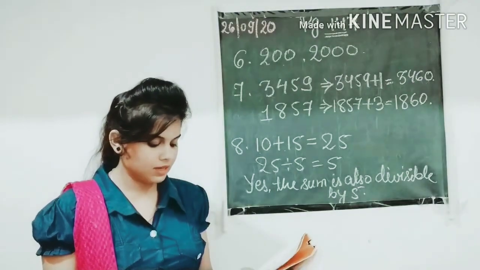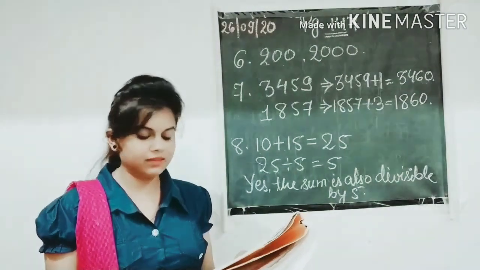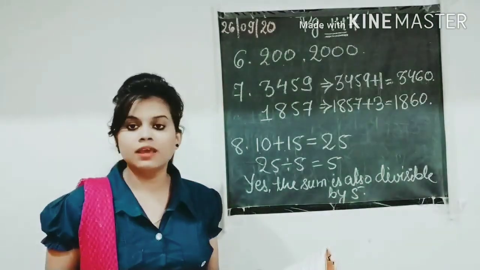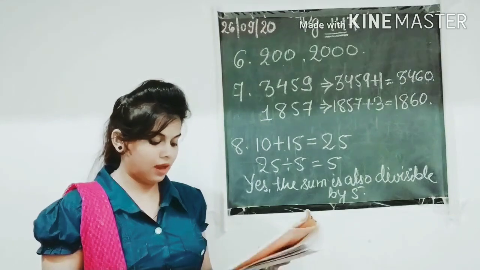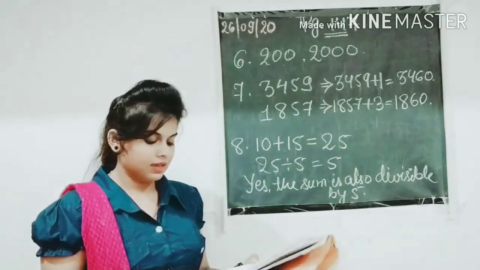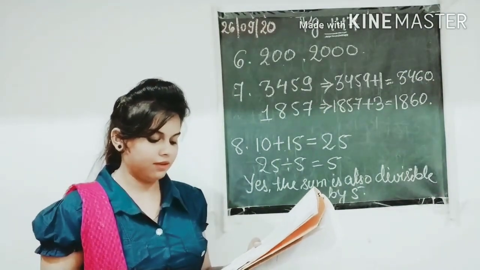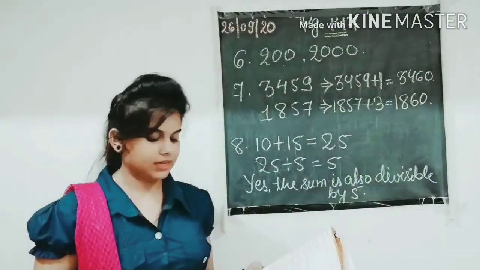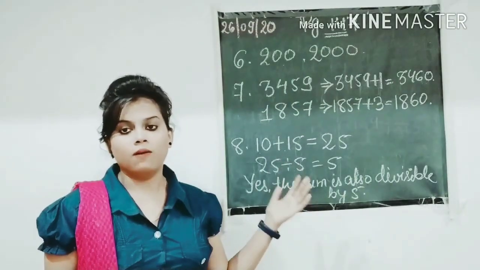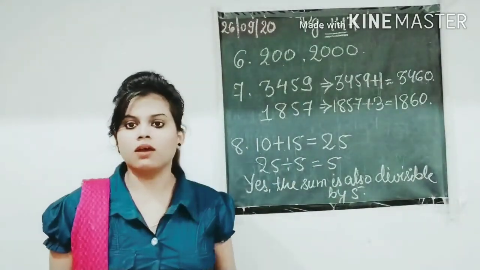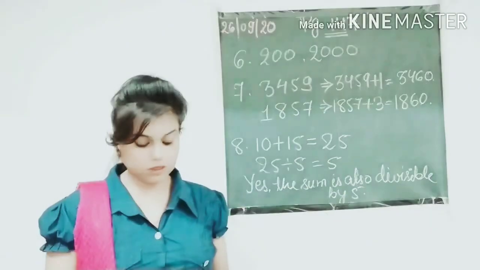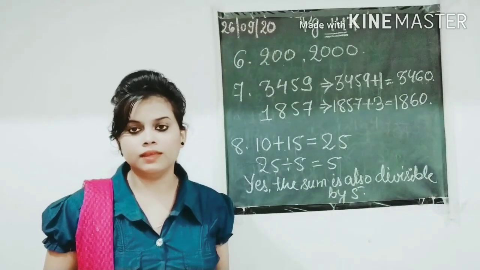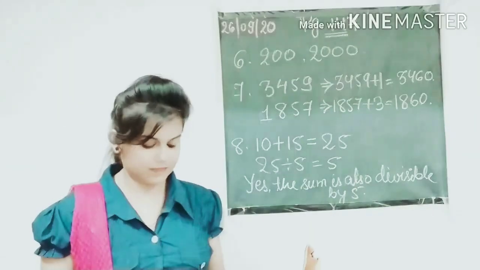Your next question is question number 2. Fill in the digits and make the number divisible. Here the last one's place is vacant and you have to find the number which is divisible by 10, 3 and 5, or 2, 9, or 3 and 5. All these conditions are given. You have already seen 8 questions of the test of divisibility. So this question is your homework. You have to do this question. If you have any doubt in this, you can ask me in the next video.